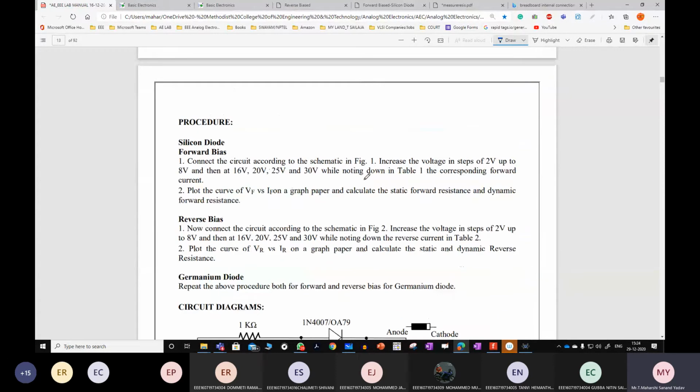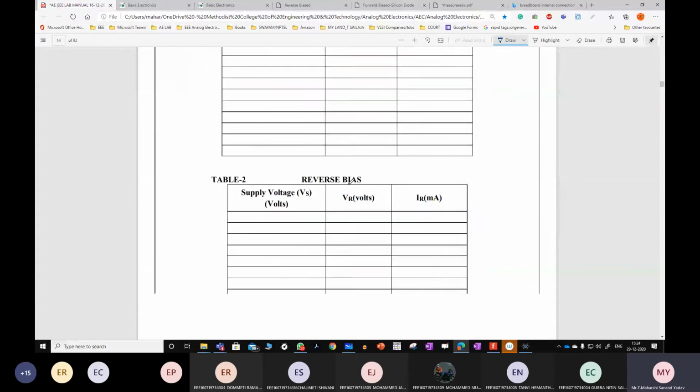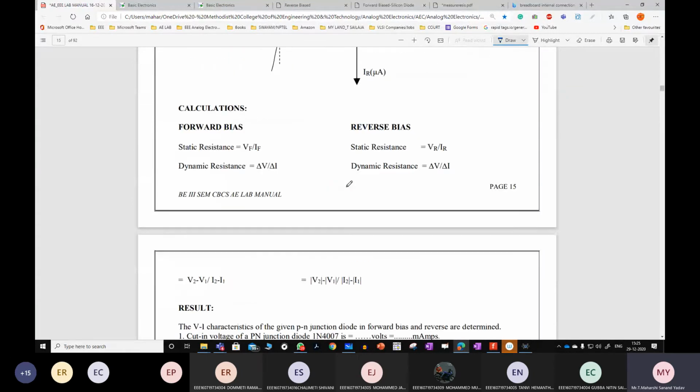So this is a circuit diagram and we have taken all the parts and the graph which I got. Next, under forward bias, we need to calculate static resistance as well as dynamic resistance. If it is static, directly I can go with V by I. As it is forward bias, just put a suffix as VF. Suppose it is reverse bias, it will be VR by IR. If it is dynamic, it is variable. How to calculate this dynamic value?